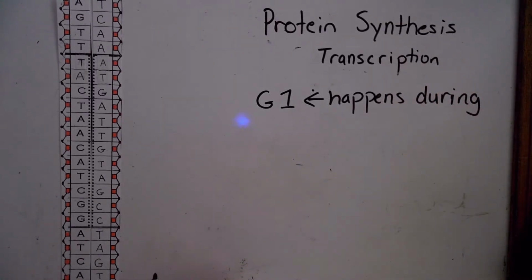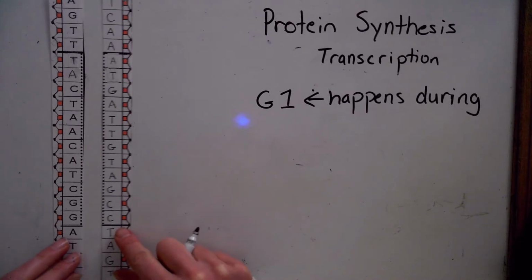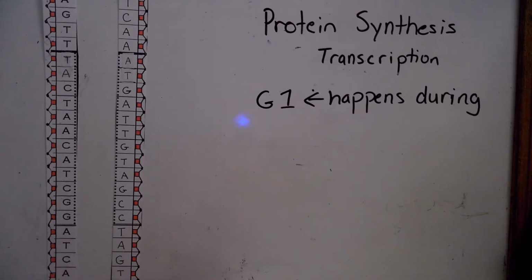What's going to happen is that the DNA is going to split apart at the region of the DNA where a gene is that needs to be made into a protein. So the enzyme helicase is going to come and unzip the DNA, and then similar to when we were making new